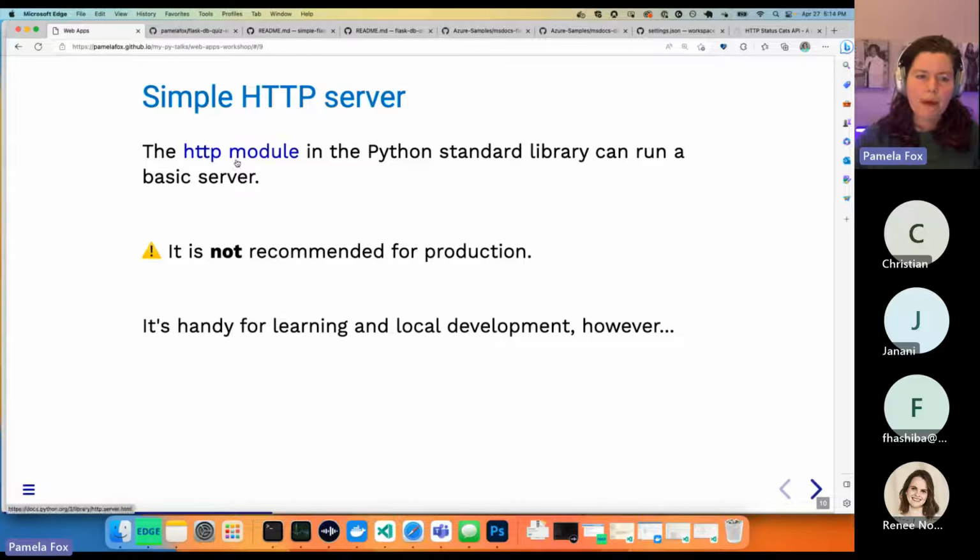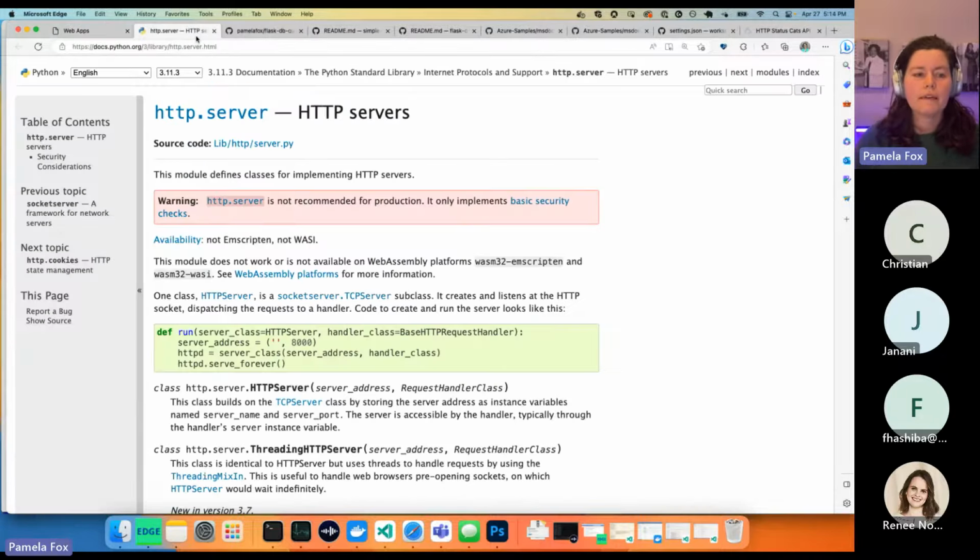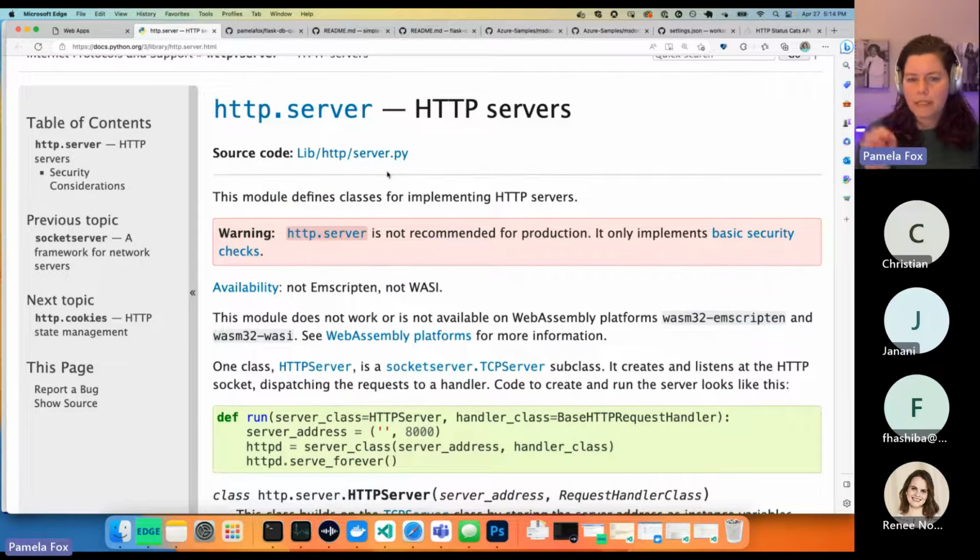There is a module in the Python standard library called http, and it does have a server class in it that you can use. However, there's a big old warning on here that says http.server is not recommended for production because it only has basic security checks. The web is a very insecure place, so you really don't want to be using this for production. However, it can be useful when you're developing stuff locally.